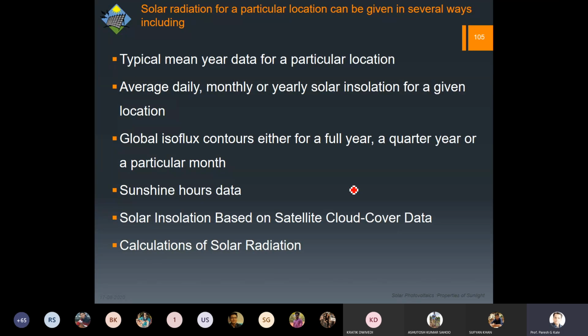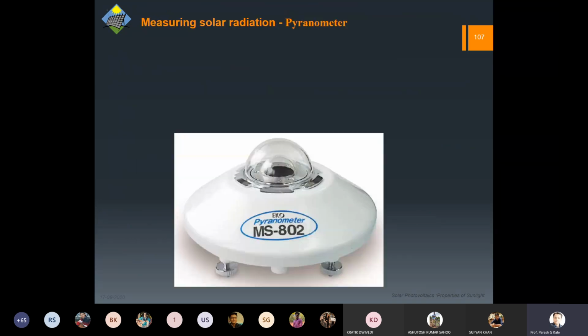Okay, so I think if you remember from our illumination system, whenever we pull a particular fitting, particular luminaire, that flux data and everything was available. Similarly, for a particular location, these things are available to us. But of course, these were all estimations and calculations. We can record this, we can measure this.